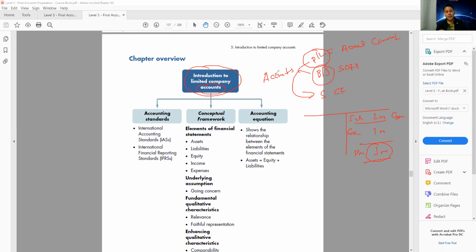Now, people can sometimes manipulate the accounts. For example, you try to increase the share price. You want to show the public that you are making a lot of profit so that everyone tries to buy shares from your company. So it could be one of the reasons. That's why, when you show more income,